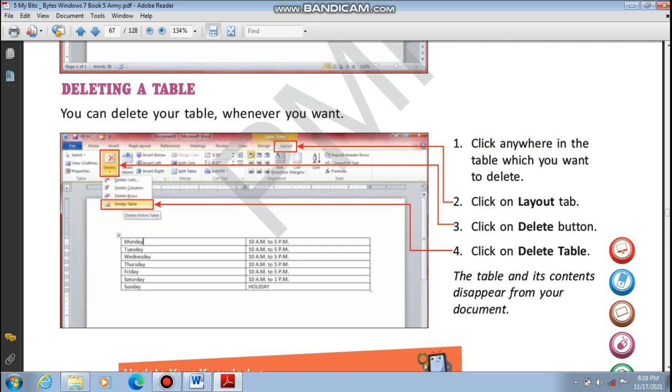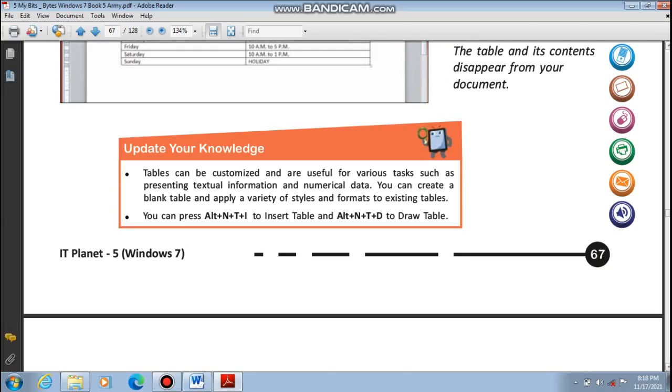Okay, the next topic is update your knowledge. Tables can be customized and are useful for various tasks, such as presenting textual information and numerical data. You can create a blank table and apply a variety of styles and formats for the existing tables.